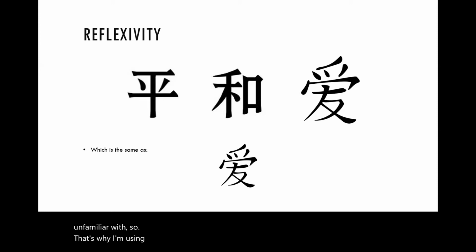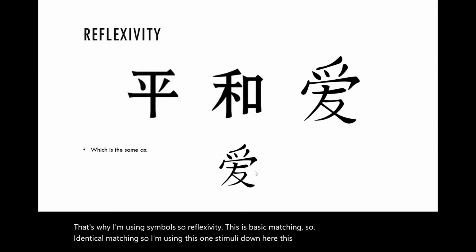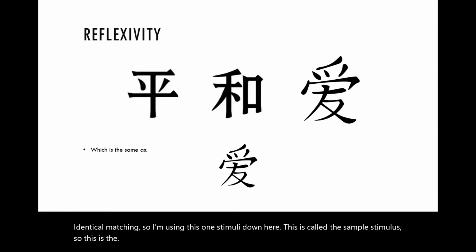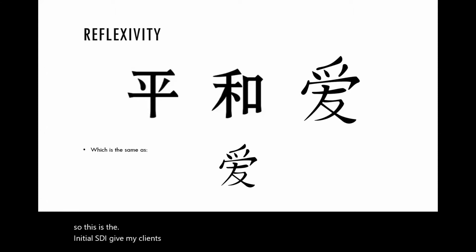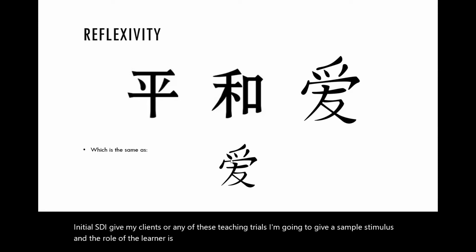So reflexivity. This is basic matching, like identical matching. So I'm using this one stimulus down here. This is called the sample stimulus. So this is the initial SD I give my clients, or in any of these teaching trials. I'm going to give a sample stimulus, and the role of the learner is to take the sample stimulus and compare it to the, I always forget what this is called, comparison